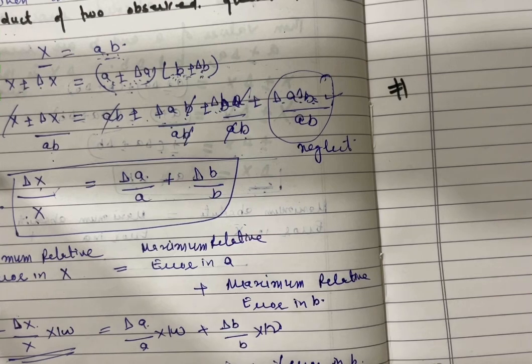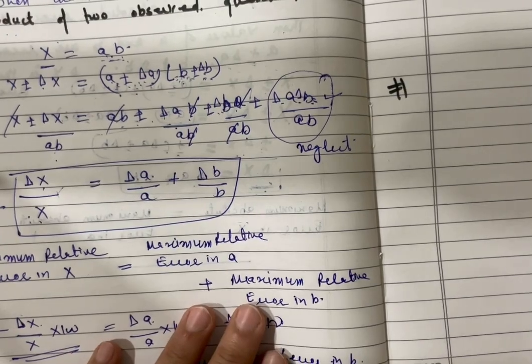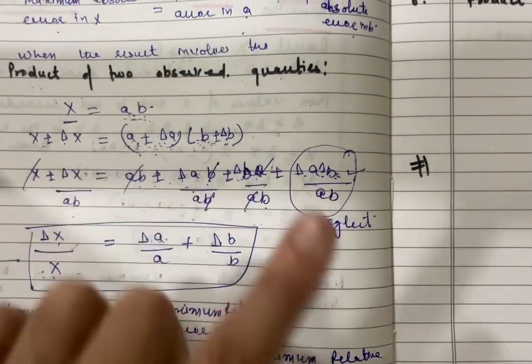So the percentage or relative error in x is equal to the percentage or relative error in A plus the percentage or relative error in B, when the result is a product of